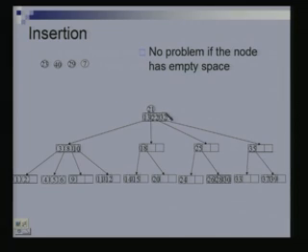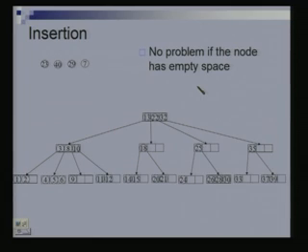So, let us see, 21 I am trying to insert. So, 21 I come and compare. So, here 21 lies between 13 and 22. So, which means I am going to take this branch out. So, I take this branch out, I compare it against 18, it is larger than 18. So, I am going to take this branch out. So, I take this and it goes and sits in that particular node.